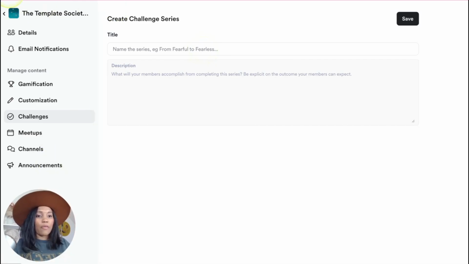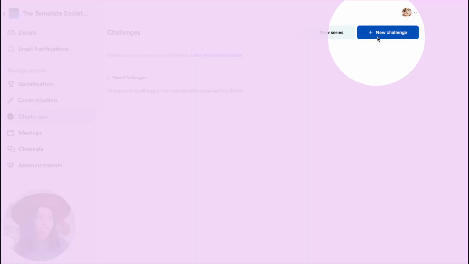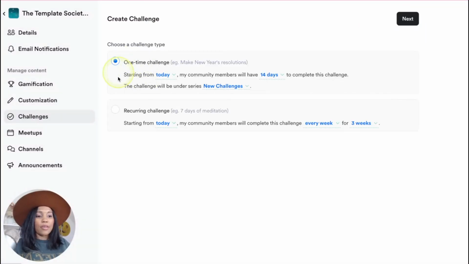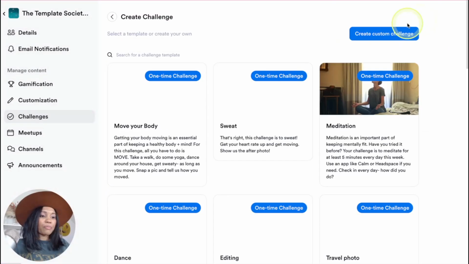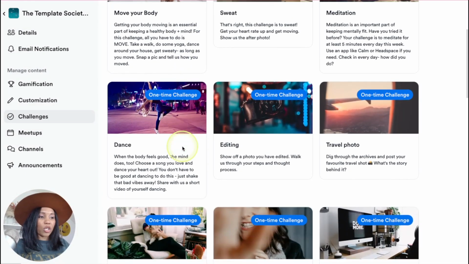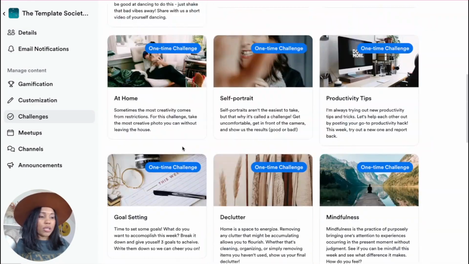Now, if I did not want to do a series and I just wanted to do more of a one-off challenge, I can just go to new challenge and hit new. This is going to be a one-time challenge, or I can do a recurring challenge that happens every so often. And then I'll hit next. Once I hit next, here are some options that Kajabi gives you. So let's just say I wanted to do